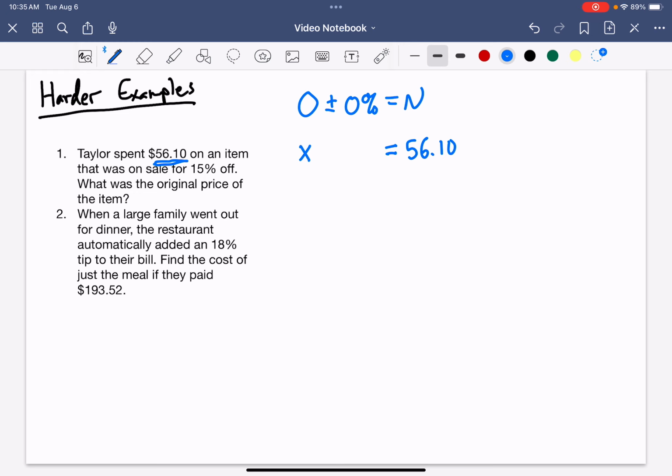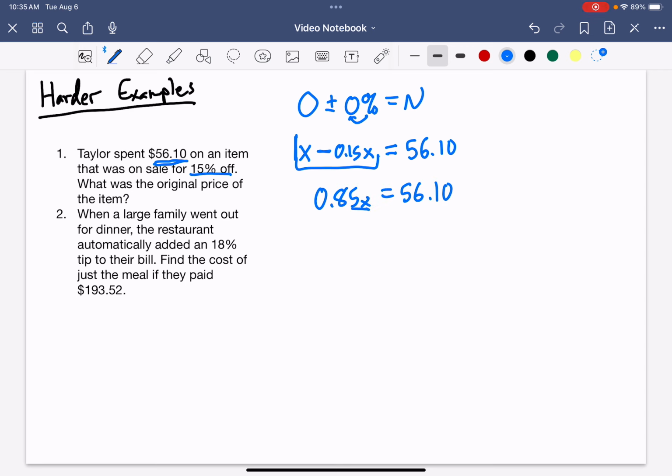And then it's on sale, so 15% off, that means it's going to be minus, or taking off 15%. And I'm going to kind of jump the gun here. 15% is 0.15 times my original, which is just X. Now this is where it gets tricky. What I need to do now is combine my like terms. So I want to think of this as 1x minus 0.15x. That's 0.85x is equal to